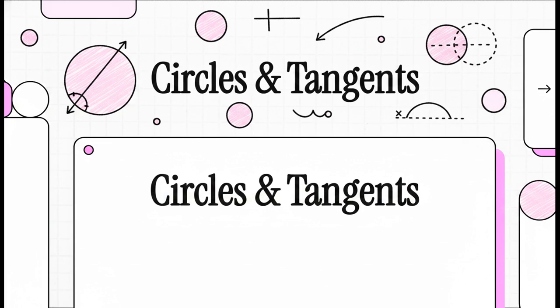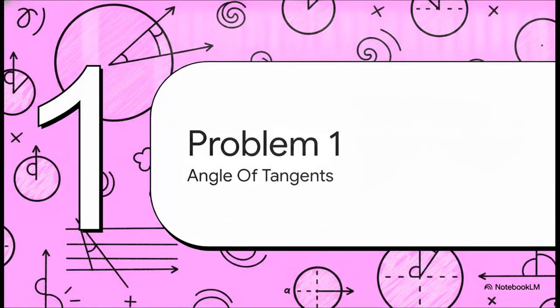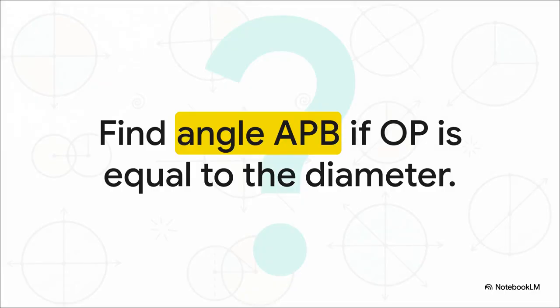Okay, let's dive into this. All right, jumping right in, here is Section 1, Problem 1, Angle of Tangents. Pay close attention, because here is our very first fundamental warm-up problem. Now this one's a classic, right? It's all about the angle of tangents. It might look super simple at first glance, but it tests a core geometry property that you literally must have